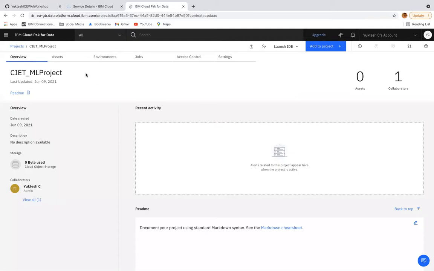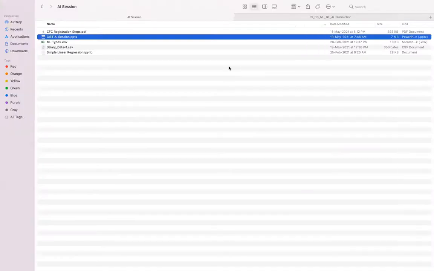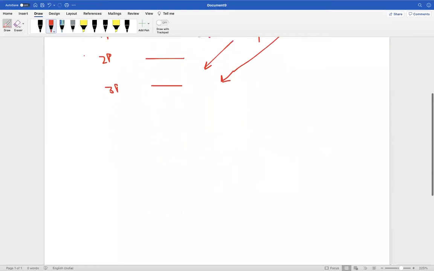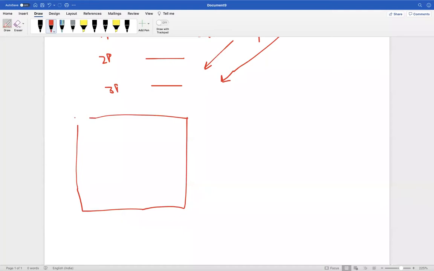So here, I am in projects. I am in the CIT ML project. Now, if I would like to add something to my project, what do you usually add to your project? In a project, you have your .py file, which is a Python file.